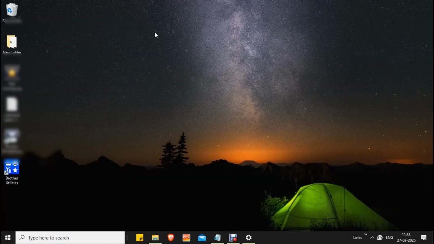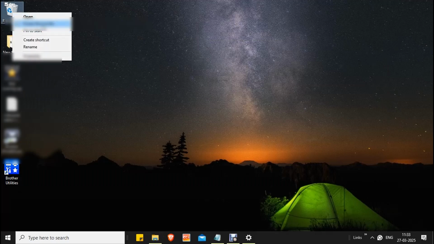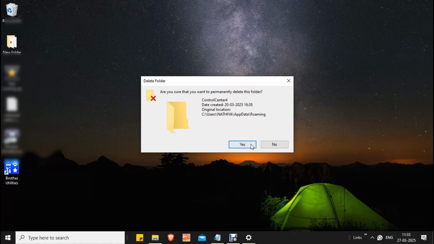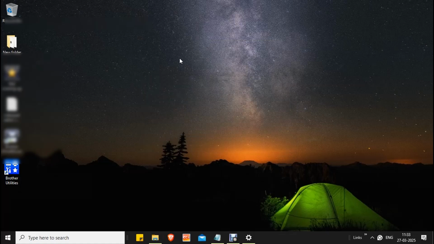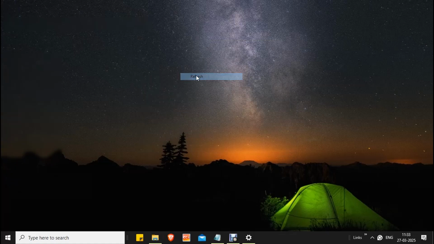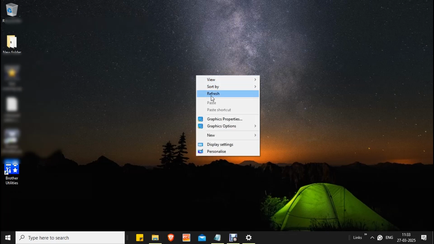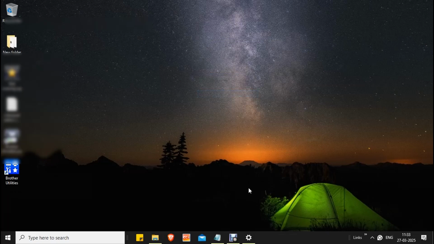And also if any file is stored in the recycle bin, then right click on it and empty the recycle bin. Now refresh your system. If you want, you can also restart your system and double click on the Control Center 4